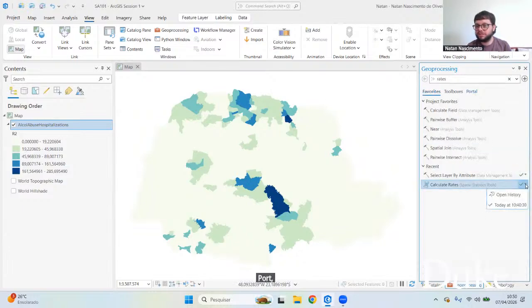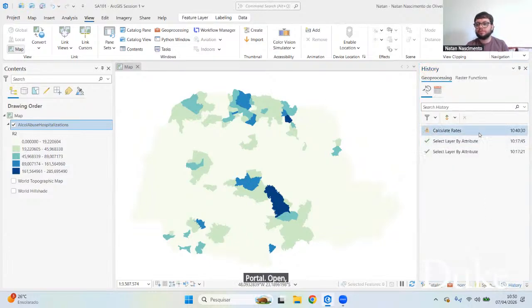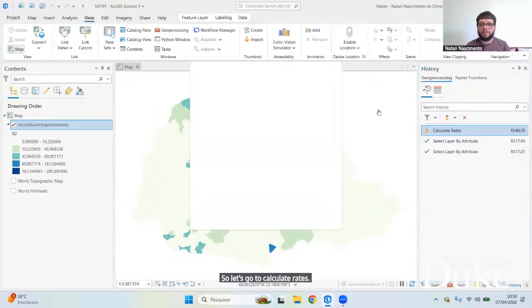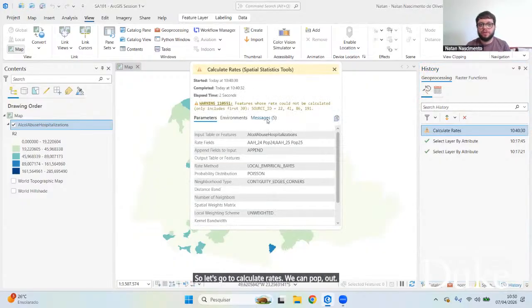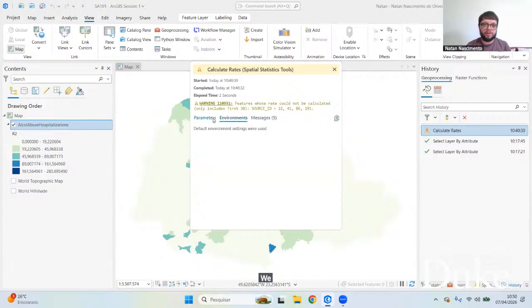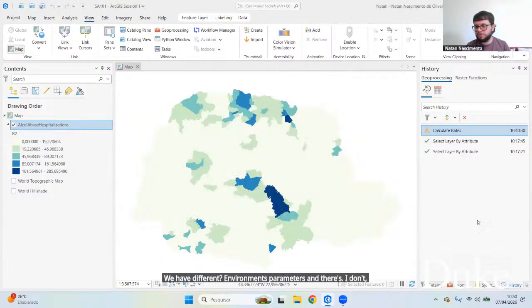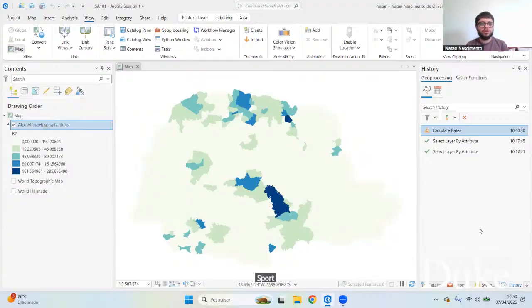Portal, open history, yeah. So let's go to calculate rates. We can pop out. We have different environments, parameters, and there's, I don't remember where it is right now. I thought it was here. But there's a place where we can choose to export the code